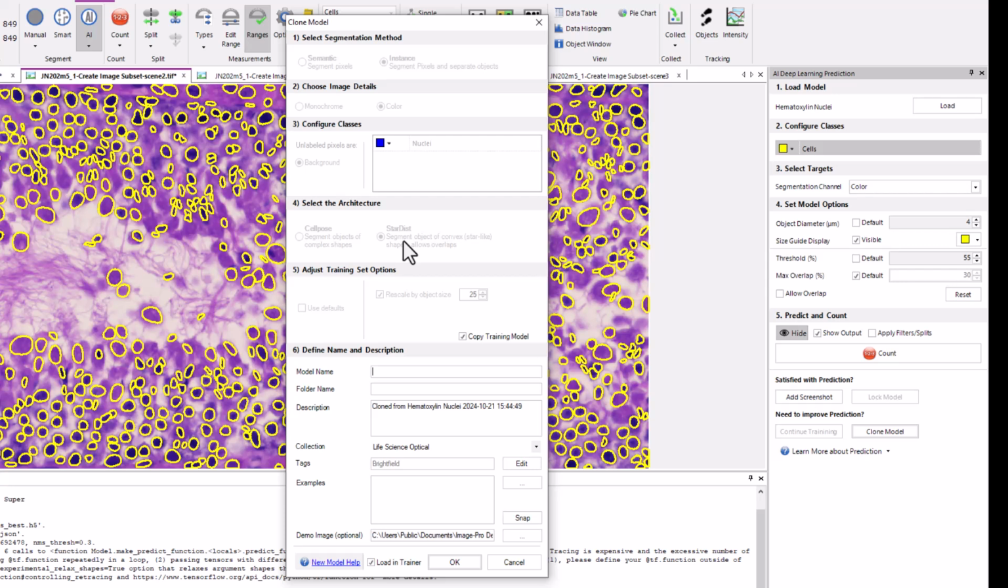I am using a StarDist model, and under the Adjust Training Set options, there's an option to copy the training model. These are the parameters that are already set with this model, and since I'm accurately finding my objects of interest, I want to leave this checked. Otherwise, if I uncheck this, it will be a naive model, and I'll have to train it from scratch. Now, I can enter the name of the model. In this case, I'll call it